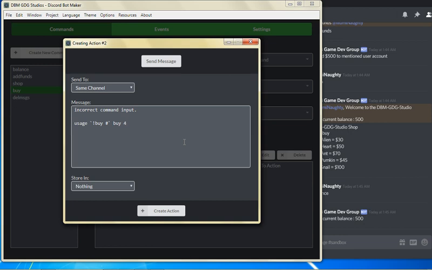And just to give them an idea of what's available, we can put aliens here. We put 1 aliens, $30,